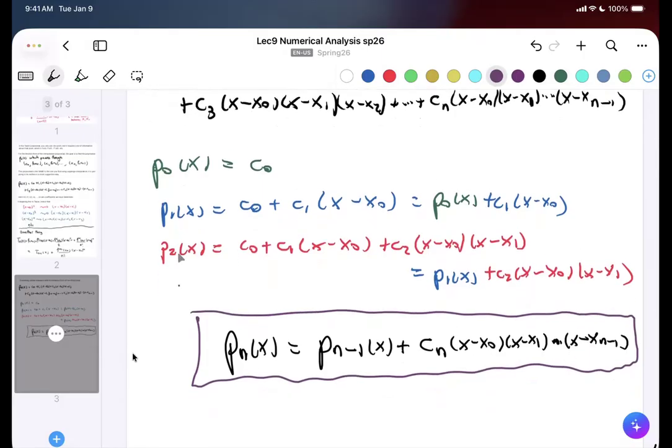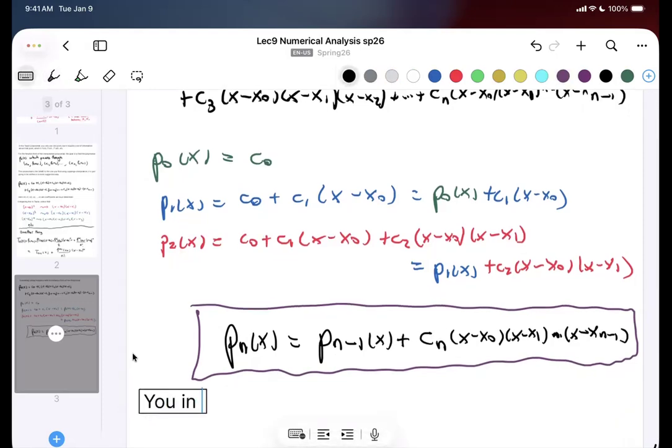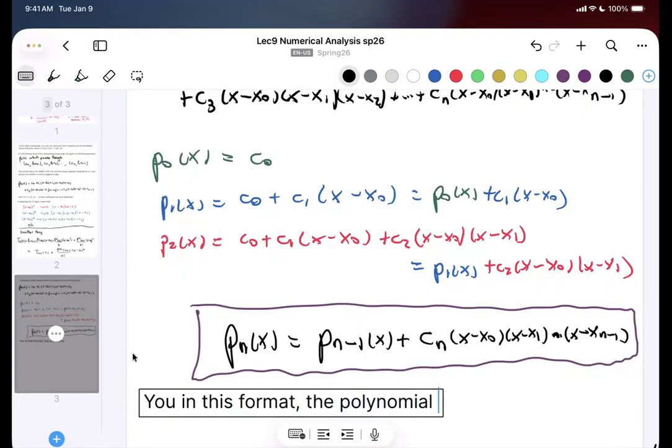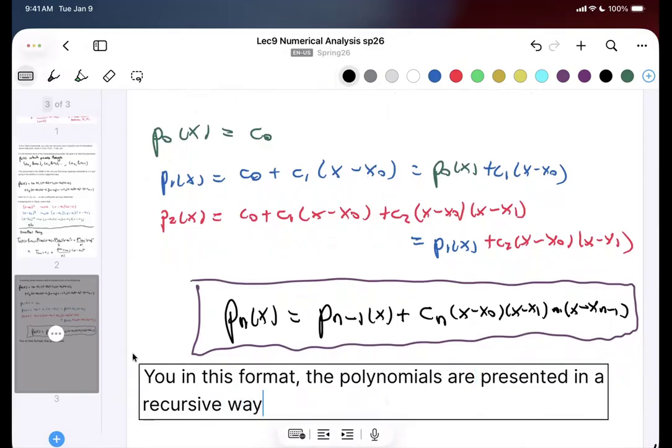Once we have found the coefficients, which also have a very beautiful formula, called divided differences, that's all there is to it, but it's a much more elegant way of writing it down. So in this format, the polynomial is presented in a recursive way. The polynomials, because there are multiple ones, are presented in a recursive way,